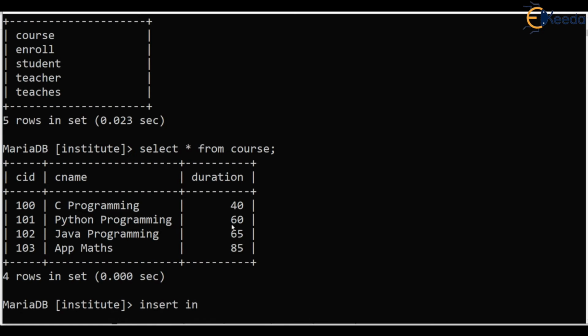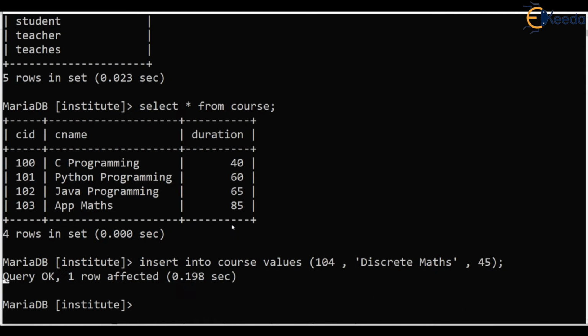Now let's try to insert something in the course table, and you know the grammar of insert. Insert into the table name, like course, values, and the value I am giving is 104 for the course number, and I introduce a new course called discrete maths, with a duration of 45.